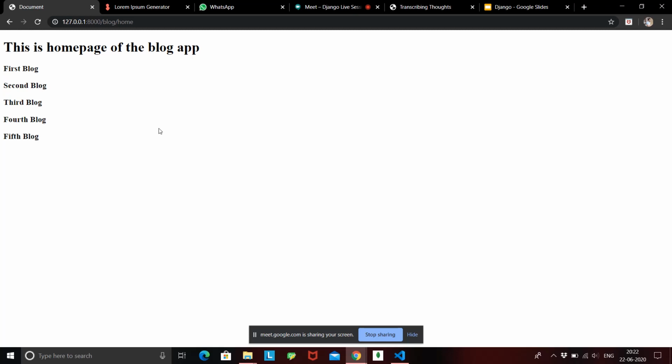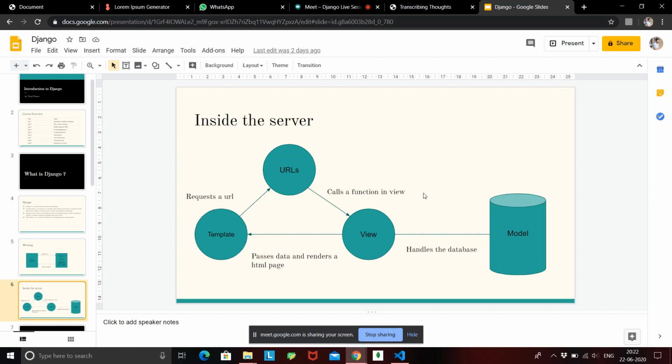Fine, so now again I'll repeat the whole process. Here we saw in the first lecture itself that only views is associated with the database. All the data handling is done by views, right? Collecting the data, deleting data, creating new data, or modifying the data. All these functionalities are handled only by views, not URLs and not templates.